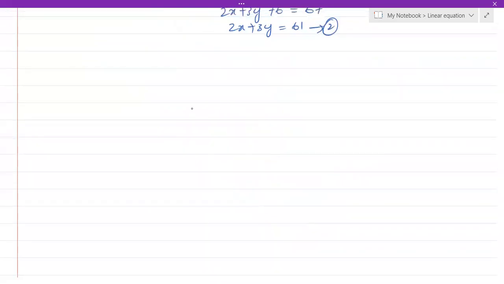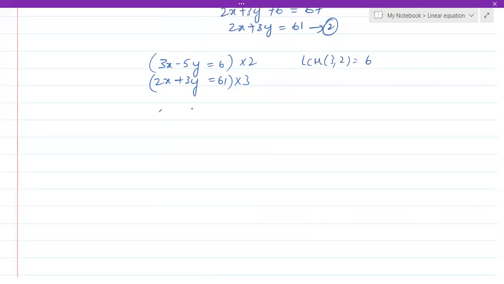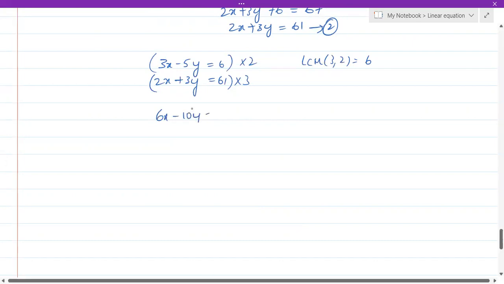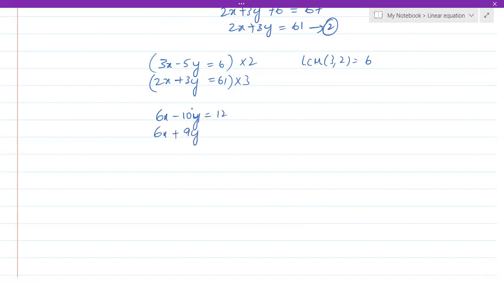Here we have to solve both equation 1 and 2 by the elimination method. Equation 1 is 3x minus 5y is equal to 6. 2x plus 3y is equal to 61 is the second equation. The coefficients are not the same, so let's multiply by 2 here and by 3 here, because the LCM of 3 and 2 is 6. So it will become 6x minus 10y equal to 12. Again, 6x plus 9y equal to 183. We have to change the sign. So 6x minus 6x gets cancelled. Minus 10y minus 9y gives you minus